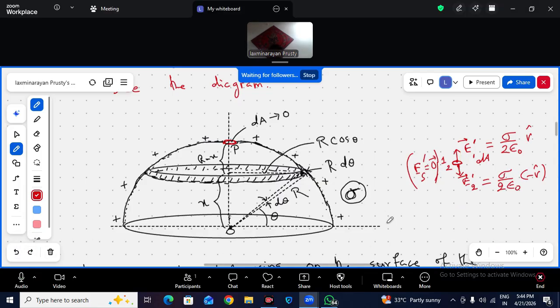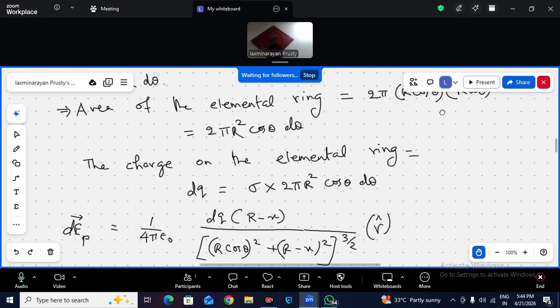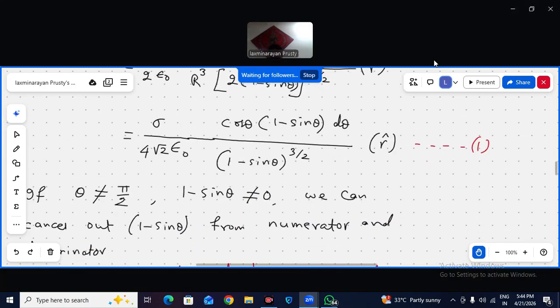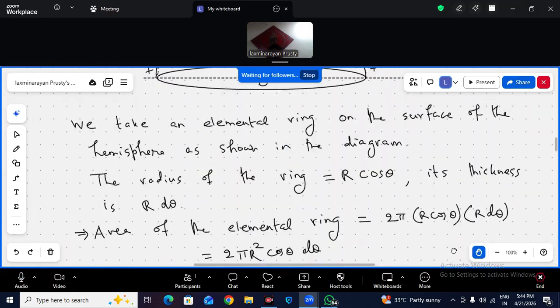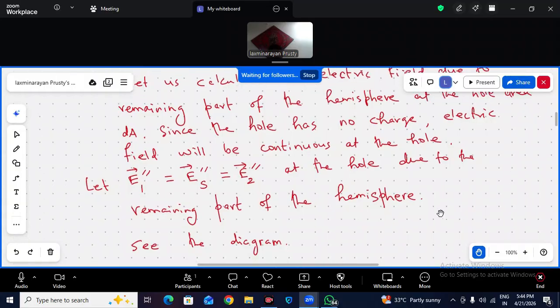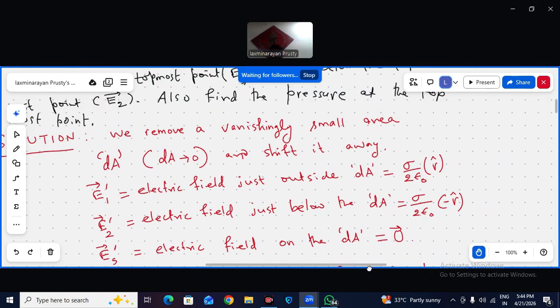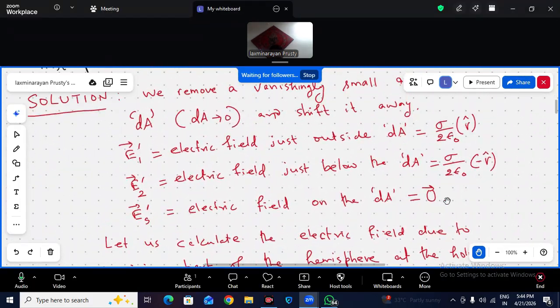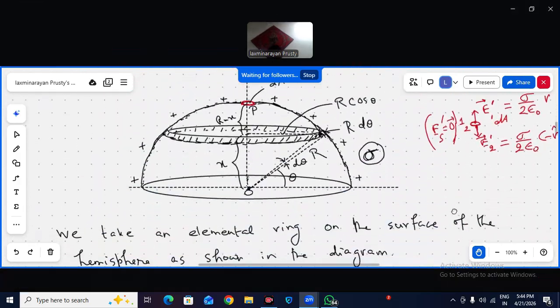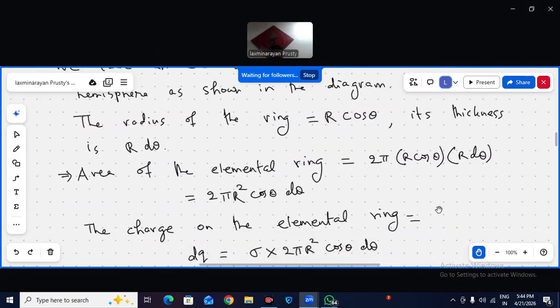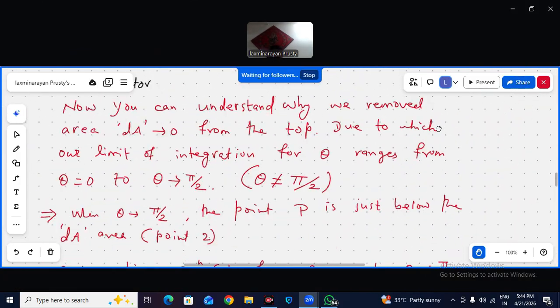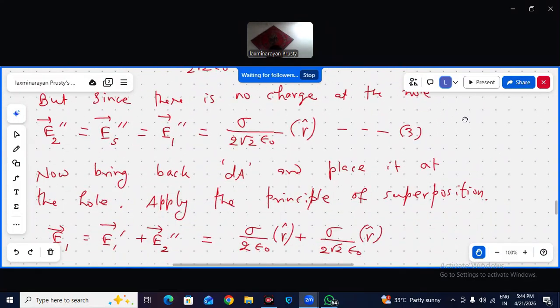अरे मैंने क्या कर दिया, ये भी कहीं तो इधर भी लिखा होगा, मैं ES डैश, E1 डैश, E2 डैश, ES डैश, ये सब मैं लिखा ऑलरेडी. तो डायग्राम में लिख दिया अभी बस. तो ES डैश एंड ES डबल डैश. ES डबल डैश क्या है, यही है अभी लिखा मैंने, सिग्मा बाई 2 रूट 2 एप्सिलॉन 0 r cap,